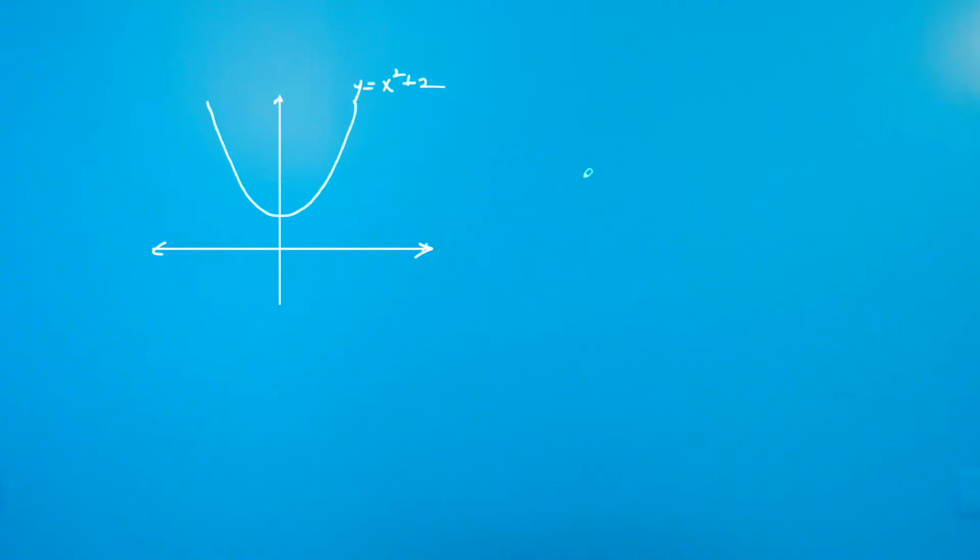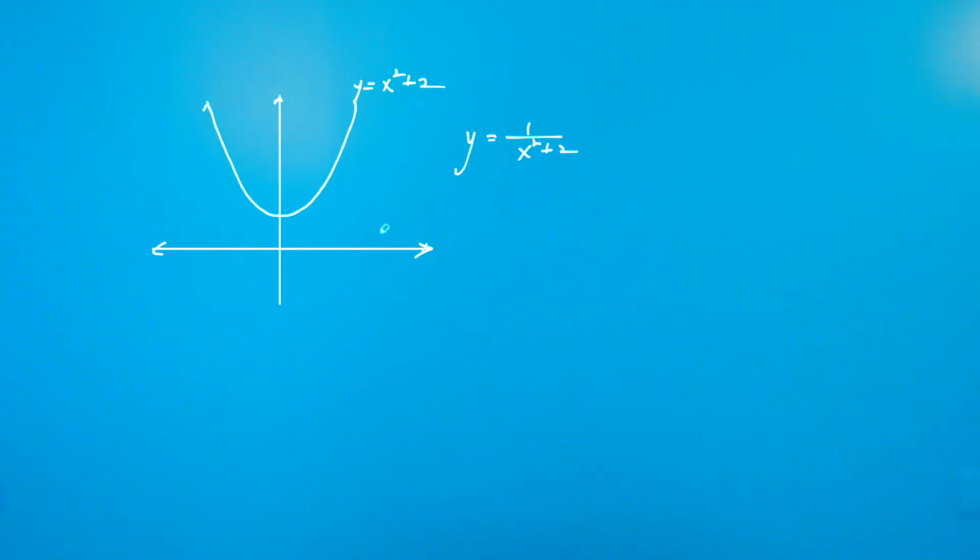Okay, the last type of reciprocal function of a quadratic is the one corresponding to the reciprocal of a parabola that is lifted above the x-axis. So for example, y equals x squared plus 2. Note that this function is completely positive. All the y values on this parabola are positive. If you want to draw the reciprocal of that,